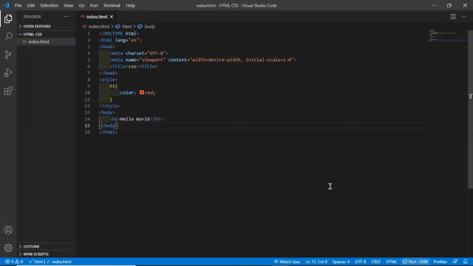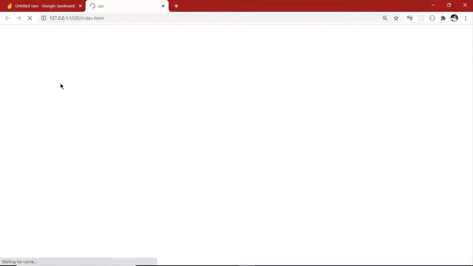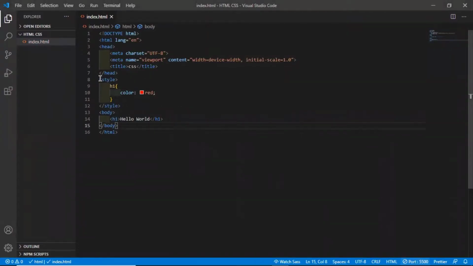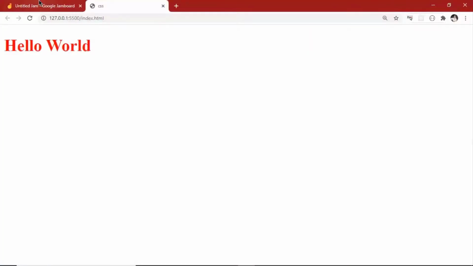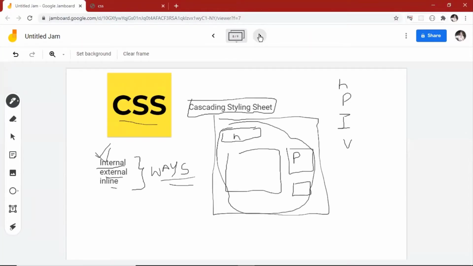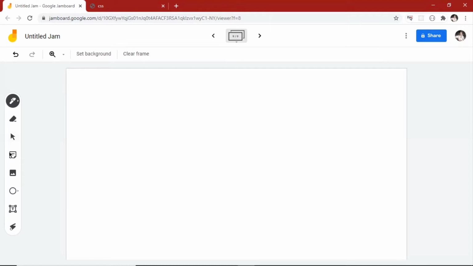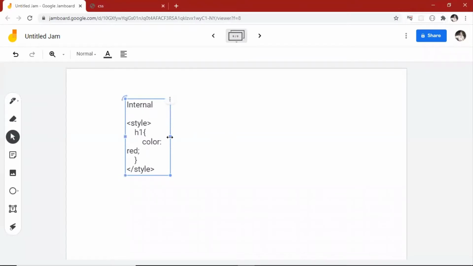I will open this up in my live server, and for this you can find it in the extensions. You see what happened? The hello world is in red color. So what is this thing? This is the internal CSS syntax. Let me write it here: Internal. So this is the internal part.